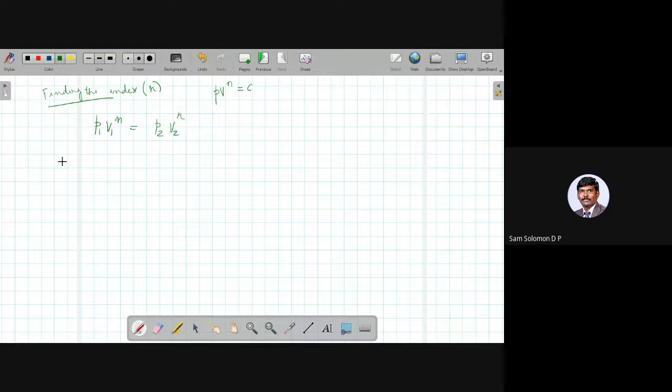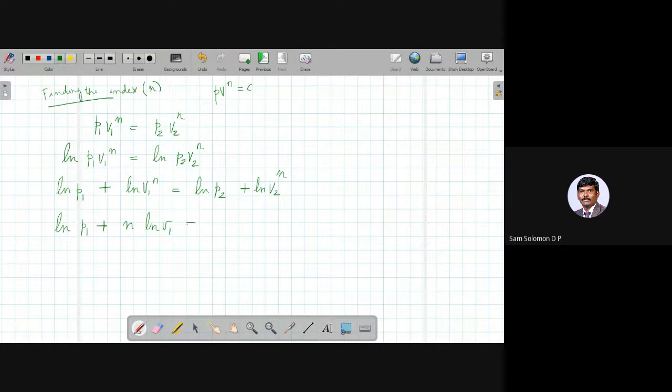If you take ln on both sides, ln P1 V1 power n equal to ln P2 V2 power n. Now we have to go in the reverse order. So I can write this as ln P1 plus ln V1 power n, which is equal to ln P2 plus ln V2 power n. And I can once again write this as ln P1 plus n ln V1 equal to